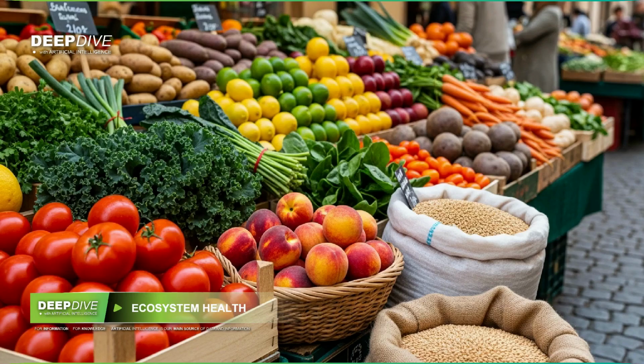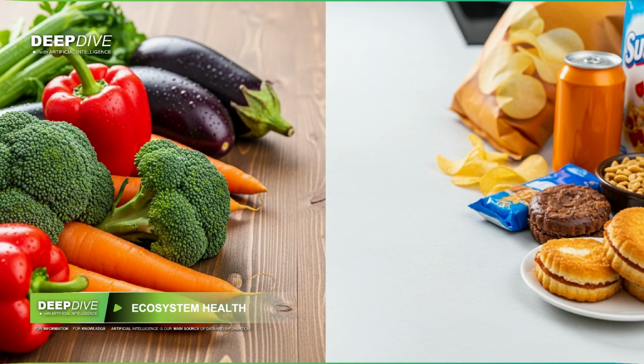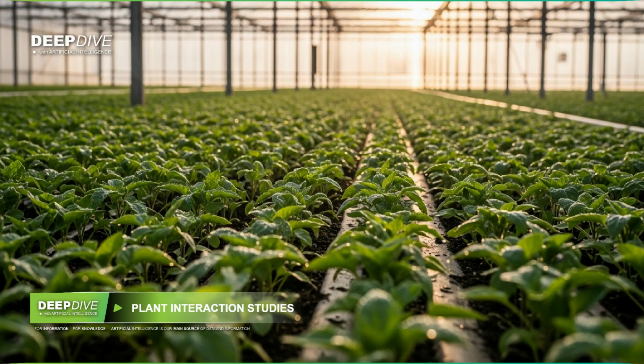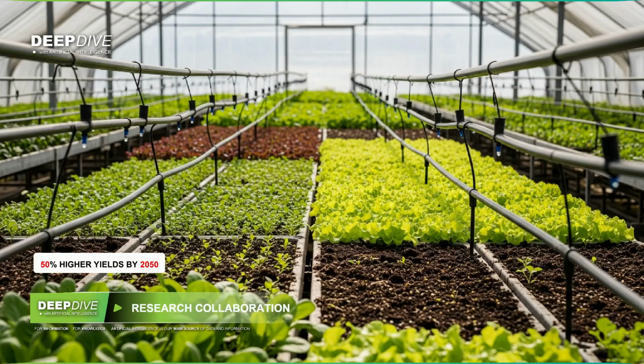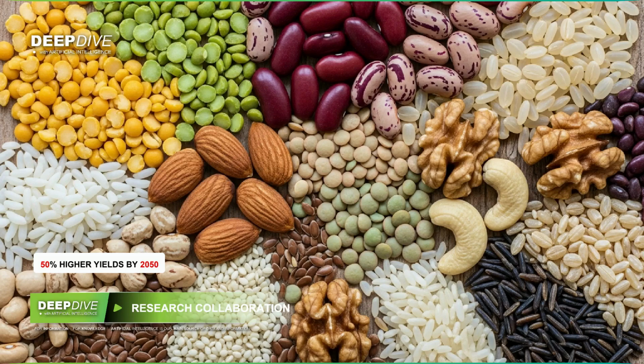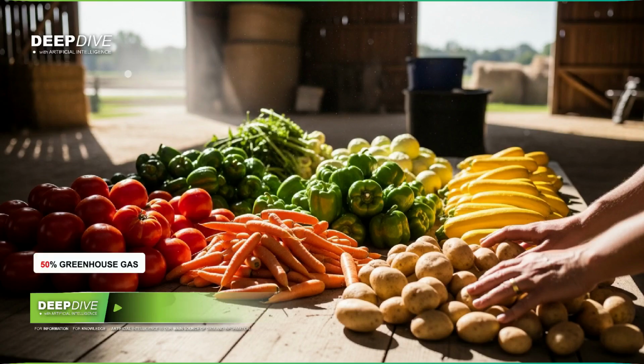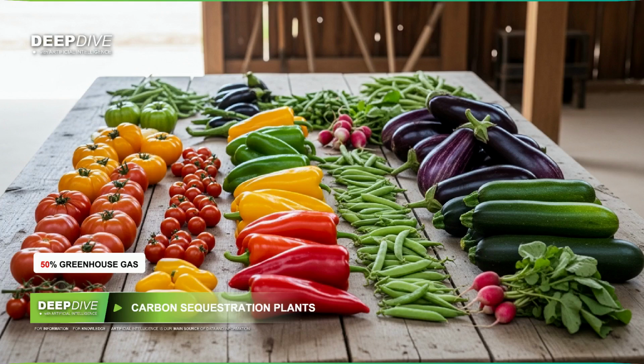In the long term, as global populations increase and food security becomes a greater concern, plant harmony life will likely see continued development. Predictions suggest a 50% reduction in greenhouse gas emissions by 2050 through the optimization of carbon sequestration by plants. Additionally, the development of crops that are resistant to pests and diseases, with yields reaching up to 50% higher than current crops by 2050, could be achieved through genetic engineering. However, the field faces challenges in terms of funding and research capabilities, necessitating increased collaboration and investment.